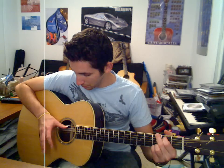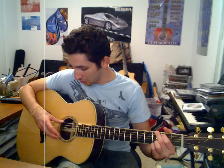So let's try doing an alternating bass line on the 6th and the 5th string with the slap flick in between. Alright, next step, you're going to add playing with either your middle finger or your ring finger, maybe a higher note, like on the 1st or 2nd string, at the same time as the bass note. So like...